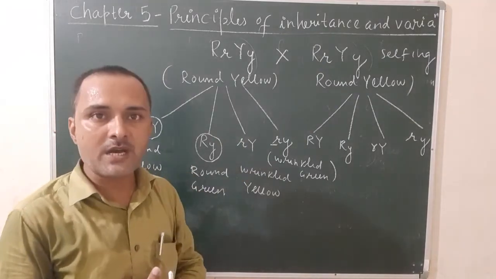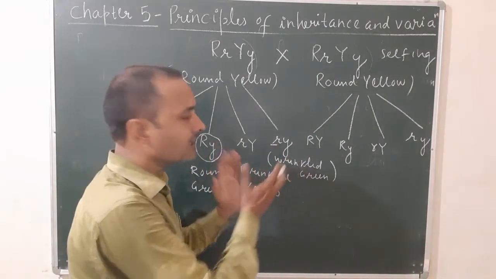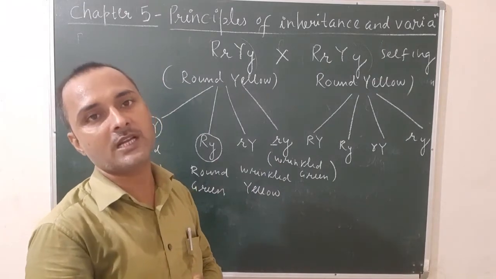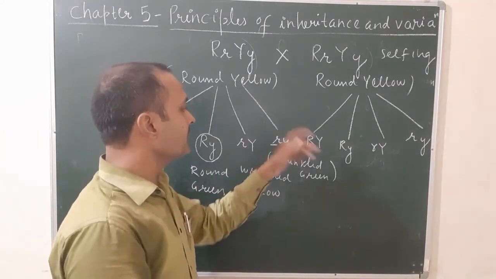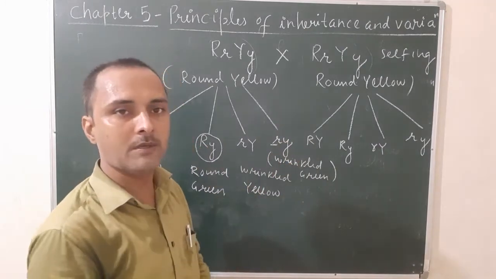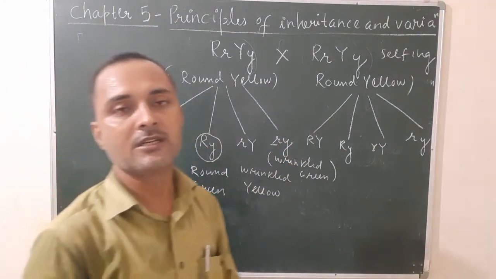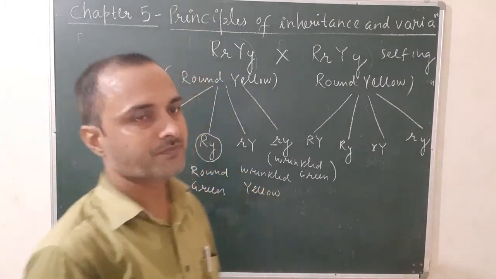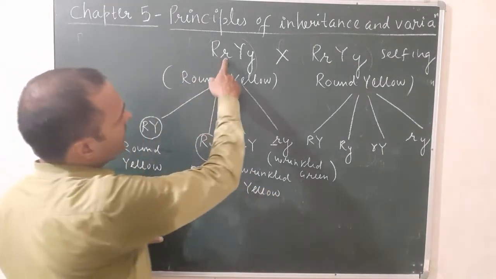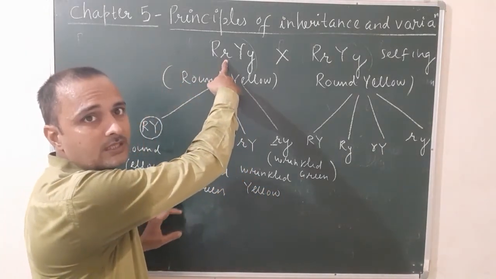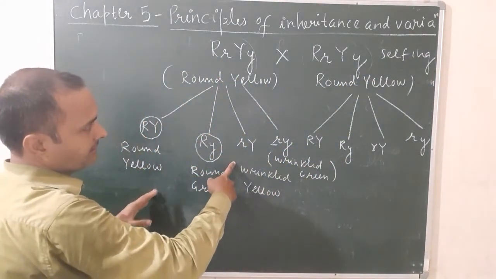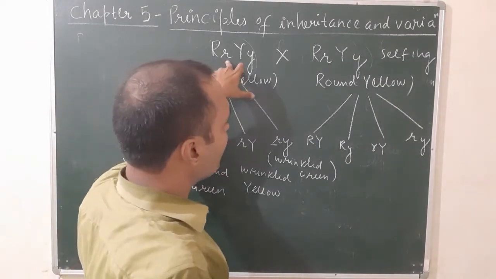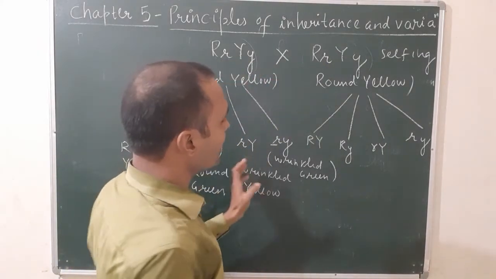The number of squares is always the multiplication of the gametes. Total will be 16 squares in the unit square, because 4 into 4, so there will be 16 possible combinations of gametes. Once again, this is the F1 progeny. After self pollination, this F1 progeny produces 4 types of gametes. Both parents will produce the same type of gametes.